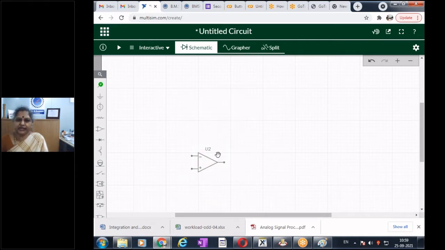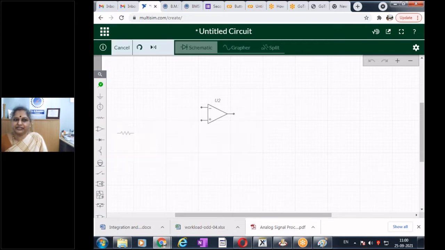Yes, this is what I want. I'll keep my op-amp here. I've just pulled the op-amp and kept it here. So I have an op-amp here. And the advantage of this Multisim Live circuit is it already has the inbuilt power supply given to the op-amp. And if you're going for a real full-fledged Multisim, then you can pick up which op-amp you want and give the required supply. But your power supply is already given.